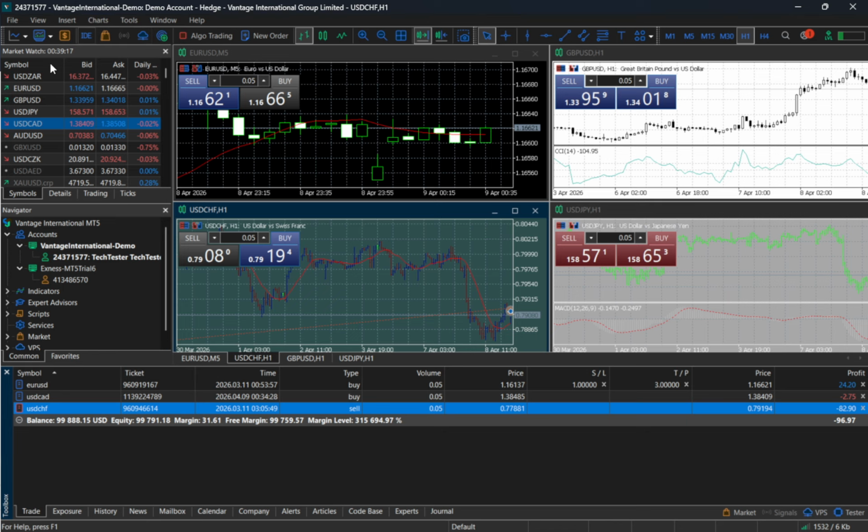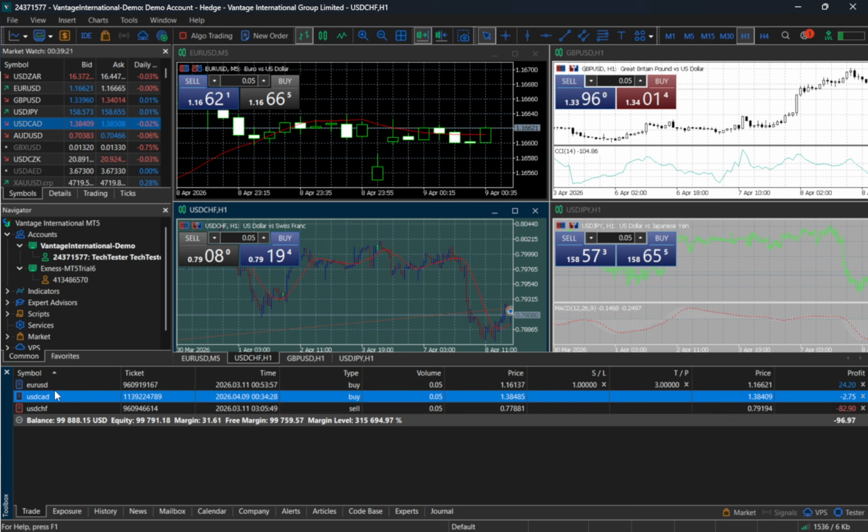Once the platform loads, look to the bottom of the screen for the Trade tab. This tab is your live dashboard. It lists all currently open positions, including the symbol, lot size, entry price, current profit or loss, and more. Take a moment to locate the specific trade you want to close. Double-check the symbol and the lot size so you don't accidentally close the wrong position, especially if you're managing multiple